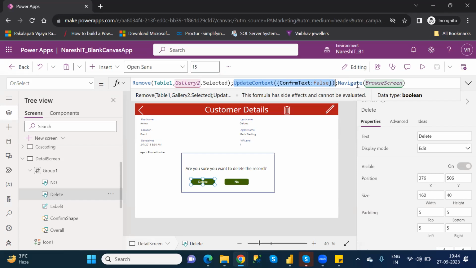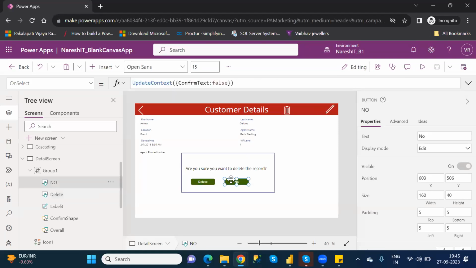Okay. And next one is navigation. That means once it is deleted, once the variable is set as false, then automatically it will go to the navigate screen. That means the navigate function is applied here. If I click on no, then for no also, what confirmation message, what variable it is? You just have to write that one. Like if you click on this also, the group needs to be disabled, right? That's the reason I set it as false.